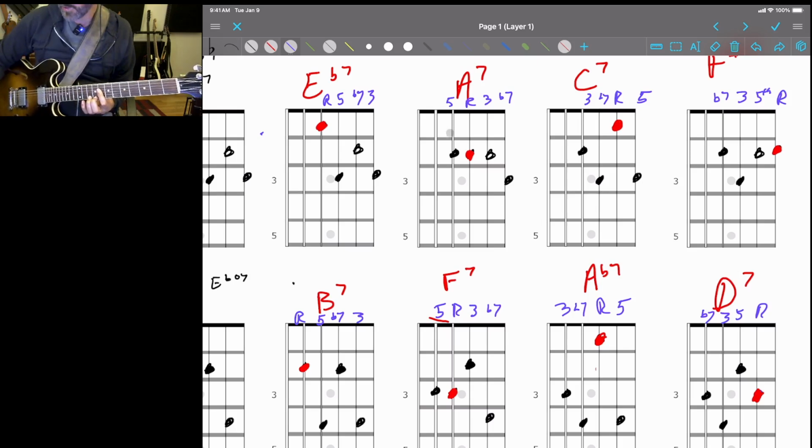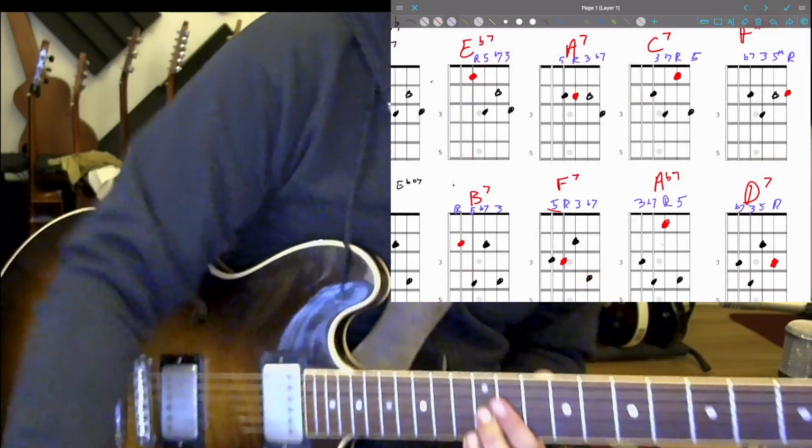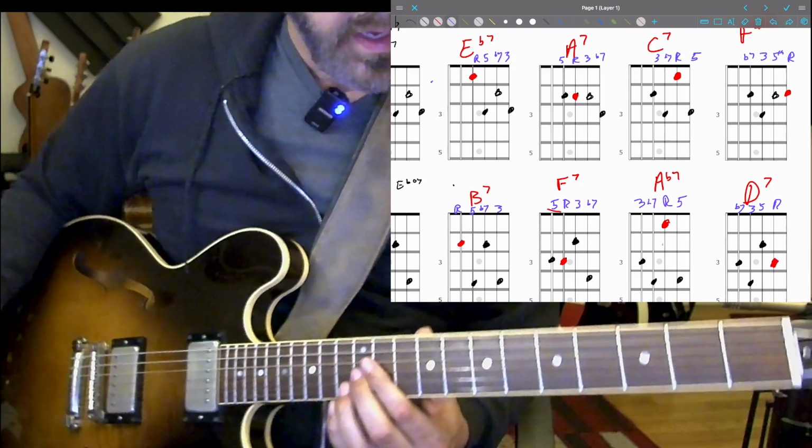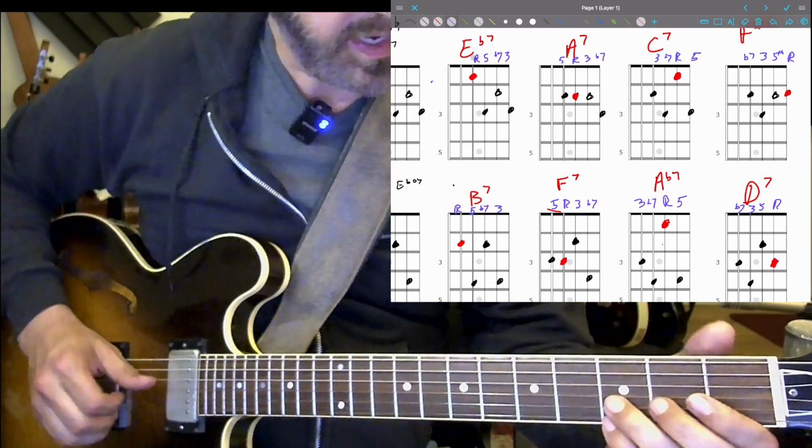Now I could use this shape, and then all I'm doing is just adding that. So let me change it so you can see my hand a little bit better here. If I were to reorder these, this one with the root in the bass,